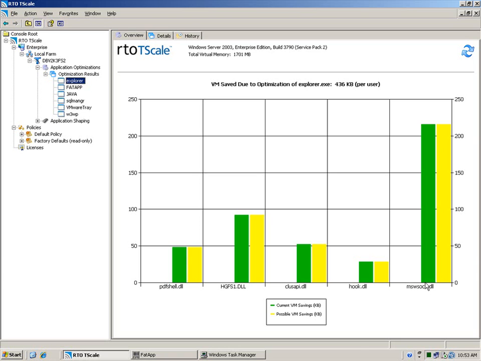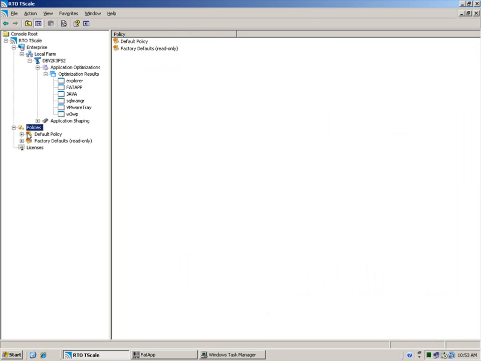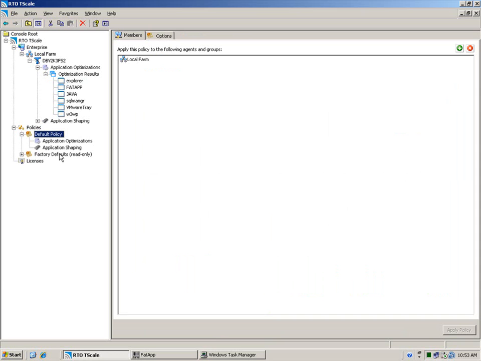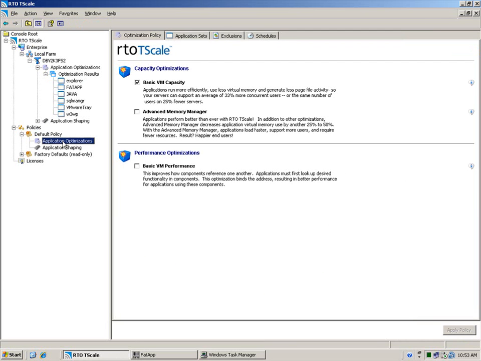Makes sense. You also have policies. I see a node for policies. What is that? So the idea behind this console right here is you can sit at your desktop and manage the optimizations on all of the servers. So you can set up what we call a policy that'll say what type of applications we want to shape, what type of applications we want to